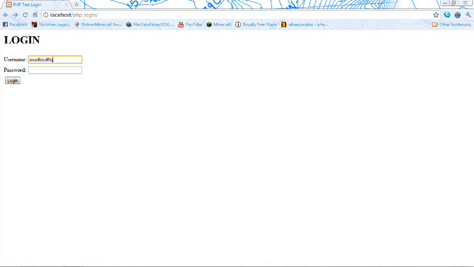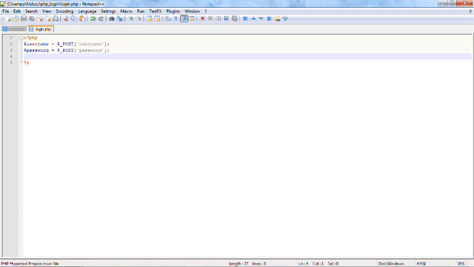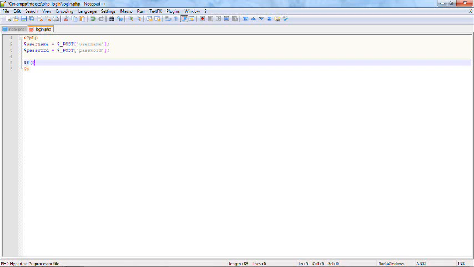Now once again, if we preview our page, and we'll enter in some random info and press submit, nothing happens. That's because we're only storing variables of what we type in, but nothing's actually being outputted. So let's go ahead by saying if parentheses $username, which means the variable username, double equal sign, in quotations, zeth, and double and signs, $password, double equal signs, in quotations, let's just say password1,